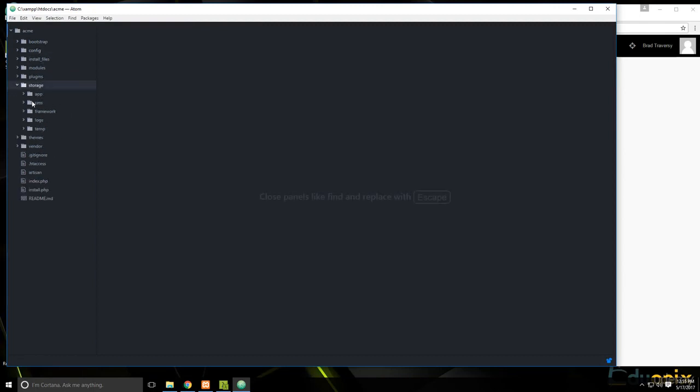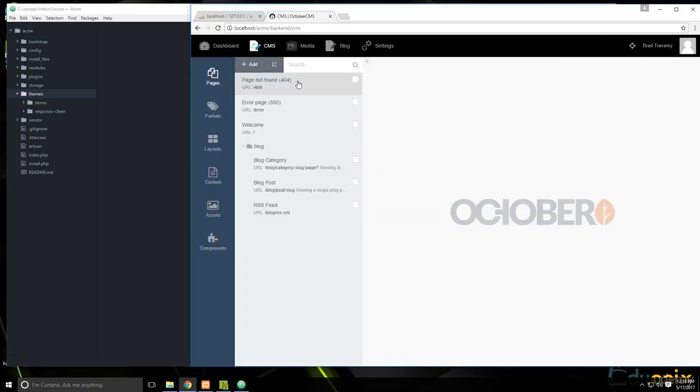There's also a storage folder. That's where all the assets get uploaded to. And then in themes is where the October themes go, and we're going to create a custom theme. But before we do that, let's go to the back end here, and let's go ahead and create a new page. So I'm going to just click on add,